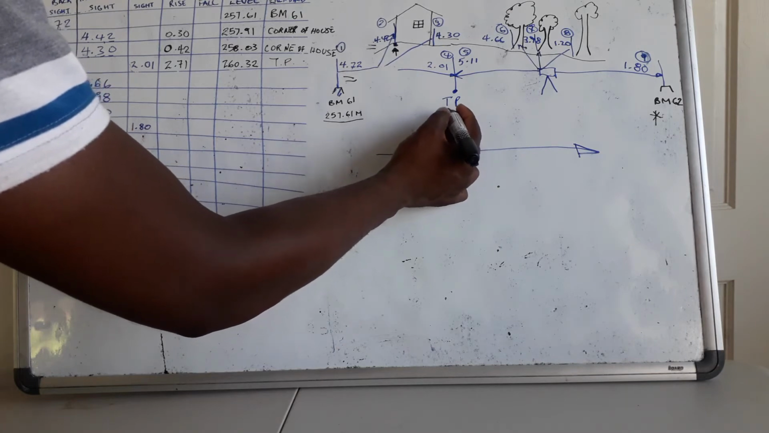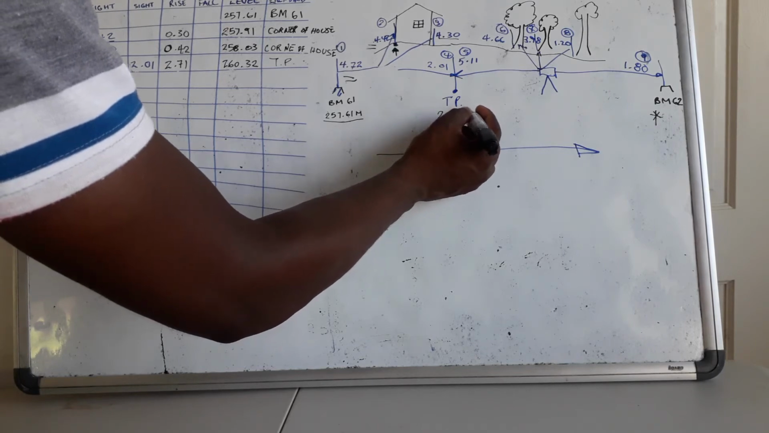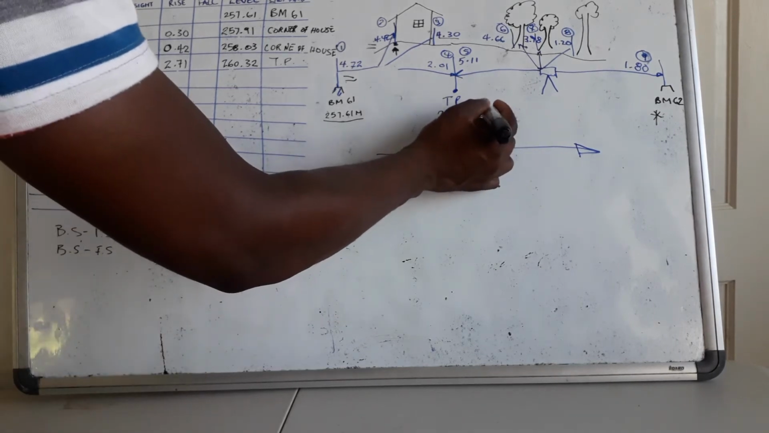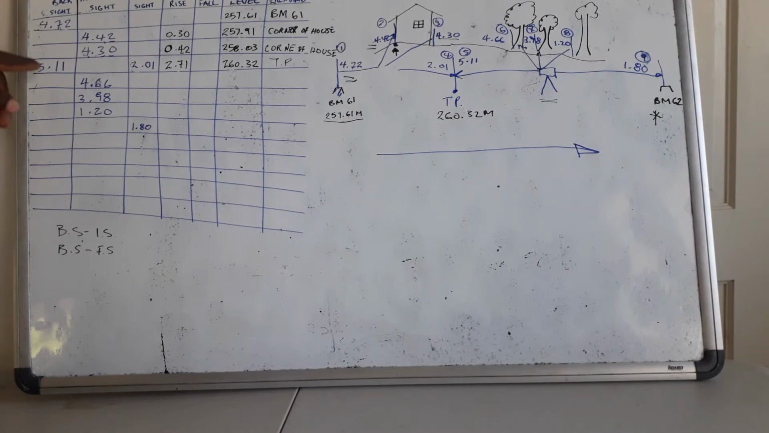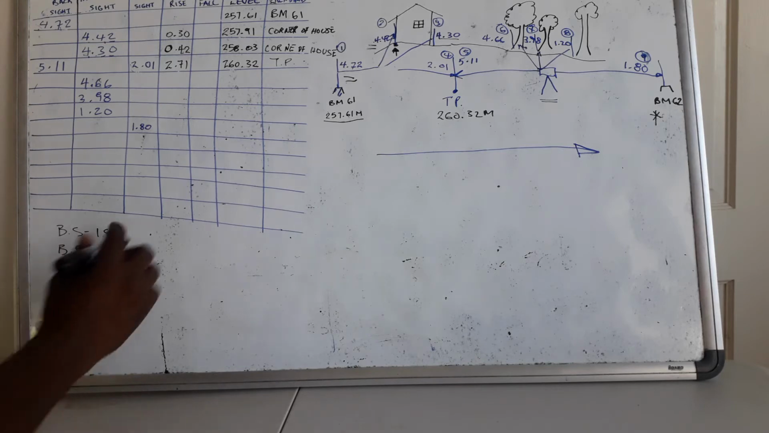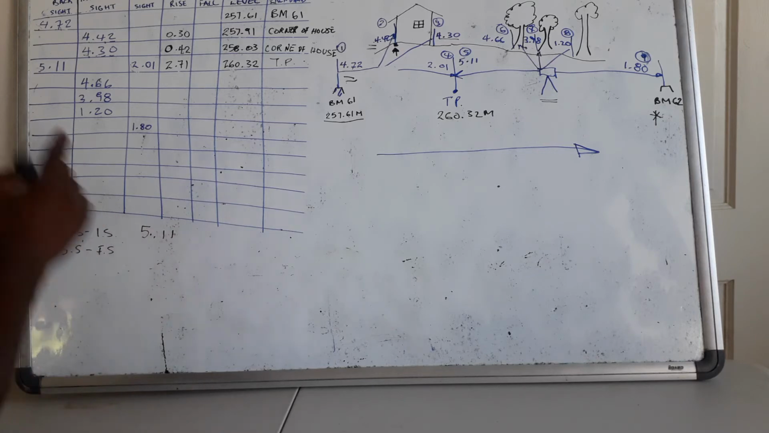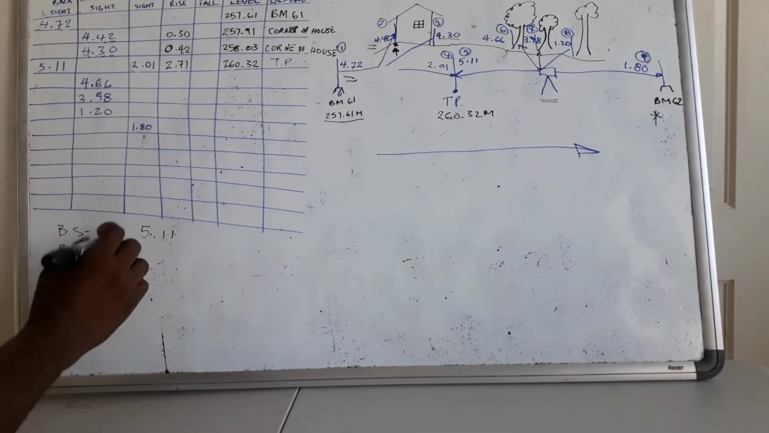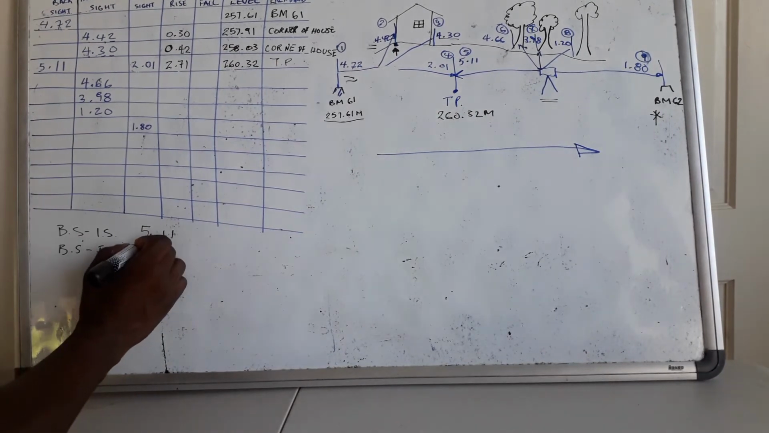Our reduced level at turning point here would have been 260.32 meters. Alright, so with our instrument now at this point, we're now going to utilize this backsight reading as our first reading for this setup, and then we're going to subtract from that our first intermediate sight reading. Alright, so 5.11 as our backsight reading here to our turning point. We will subtract our first intermediate sight reading to our first tree here at